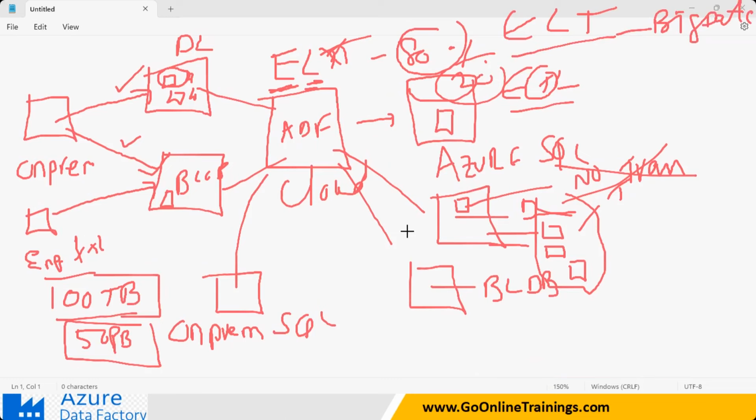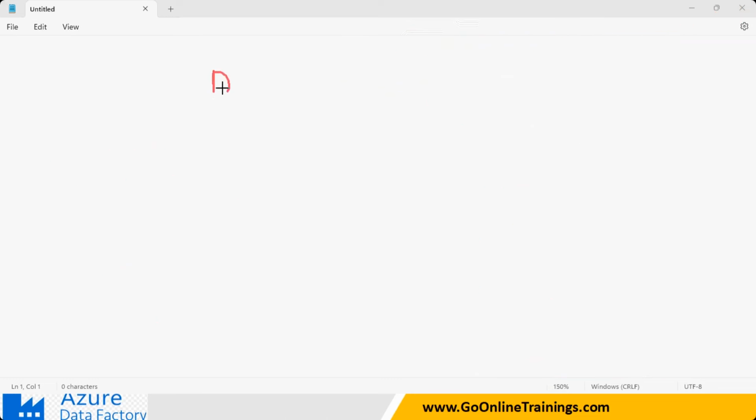ETL is going to be done on a small amount of data. When you have less than terabytes of data, MBs or gigabytes of data, ETL transformations are going to be applied. Clear? So when you go to Azure, you have to know what a data warehouse is.